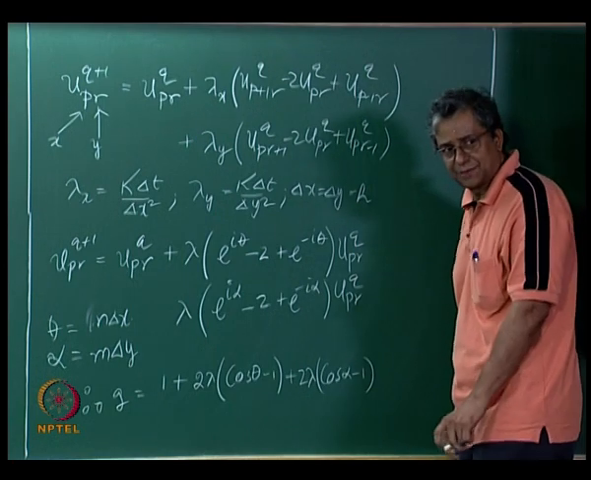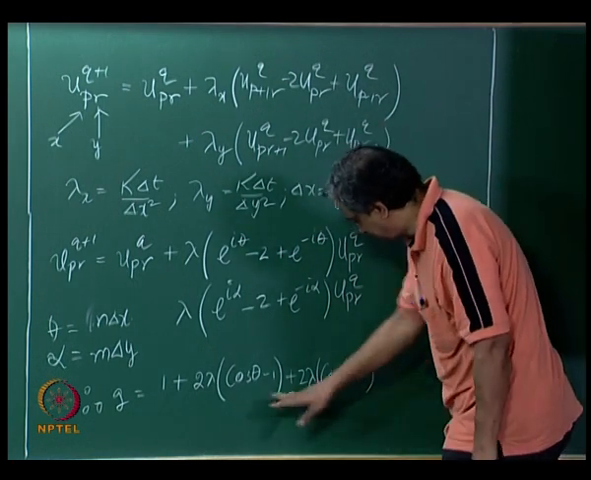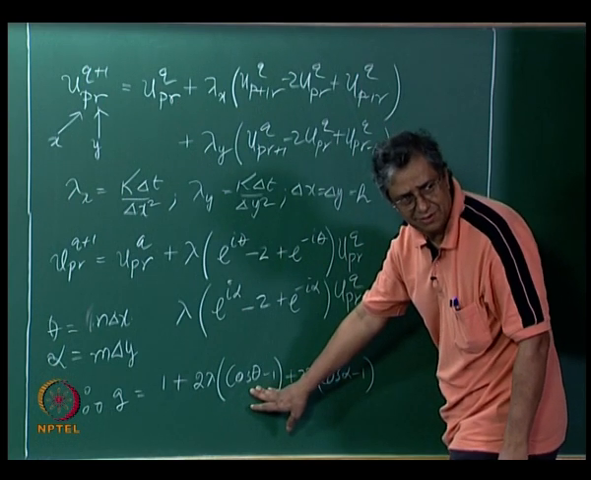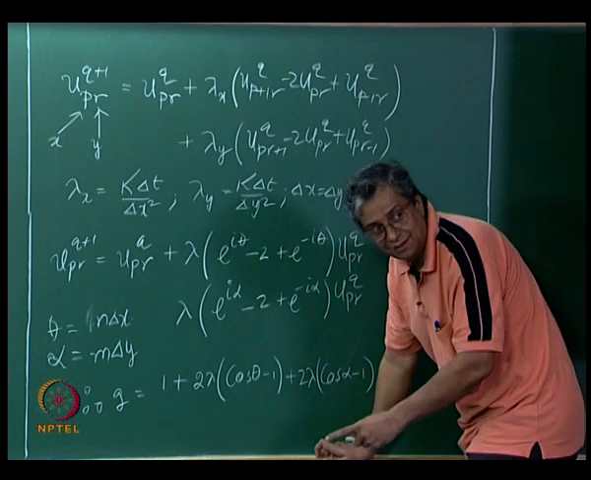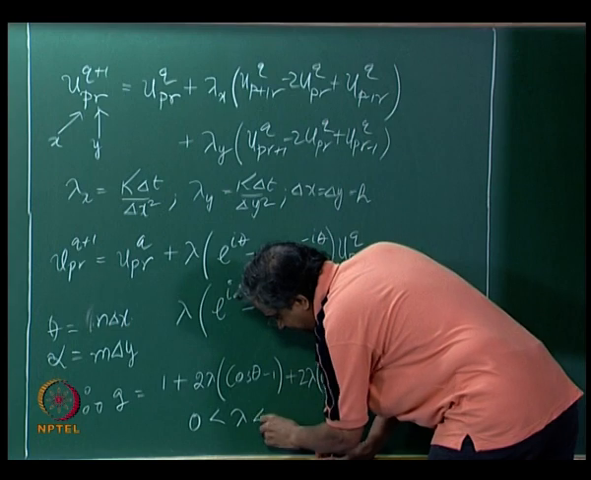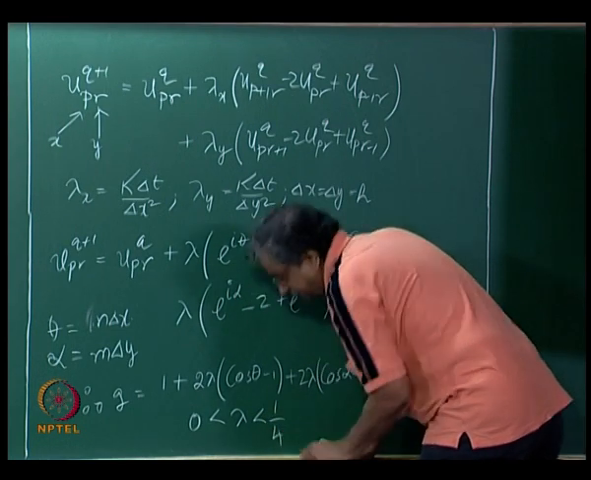When is mod g less than 1? So, you can combine these two basically, because you basically have to look at when these values are the largest. That will correspond, I will let you work that out, to 0 less than lambda less than 1 by 4,